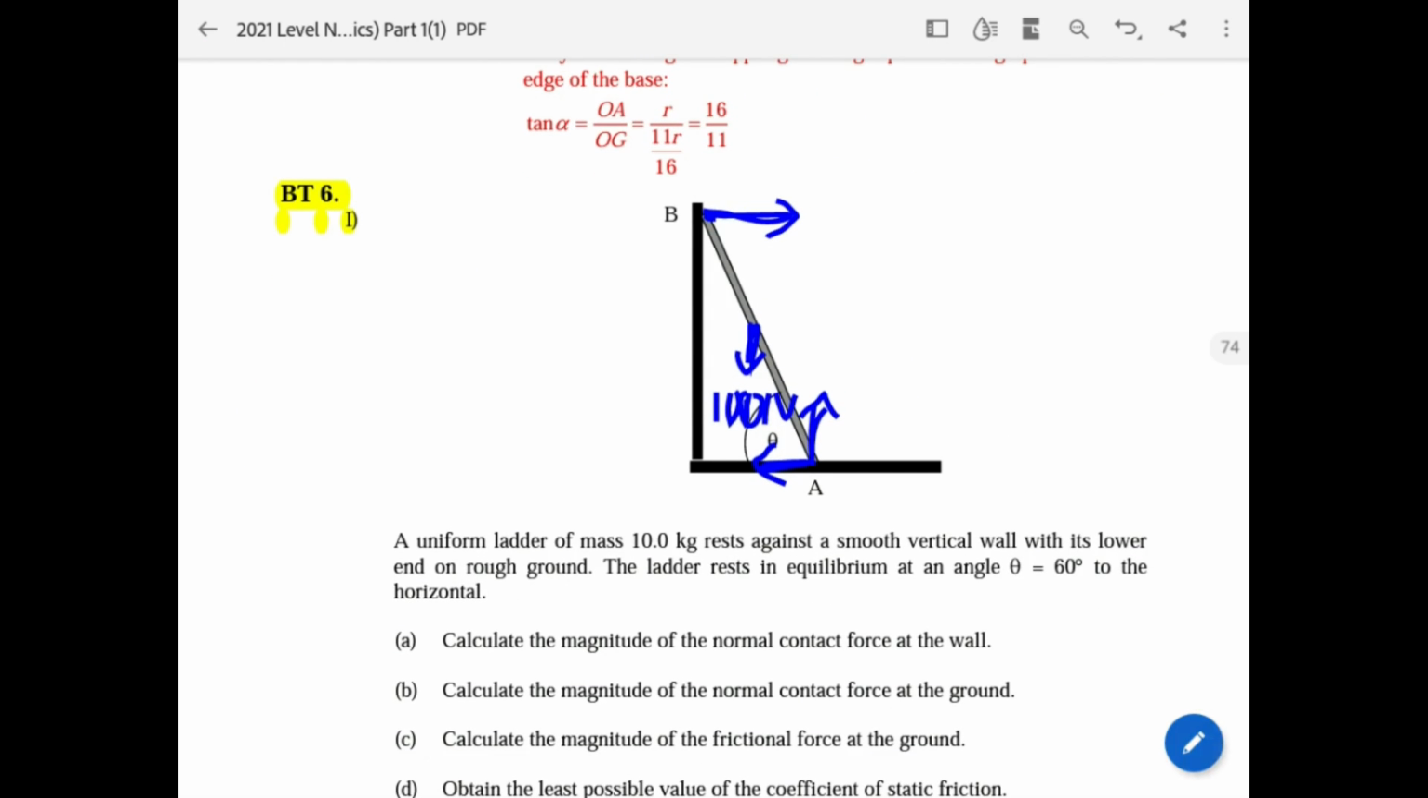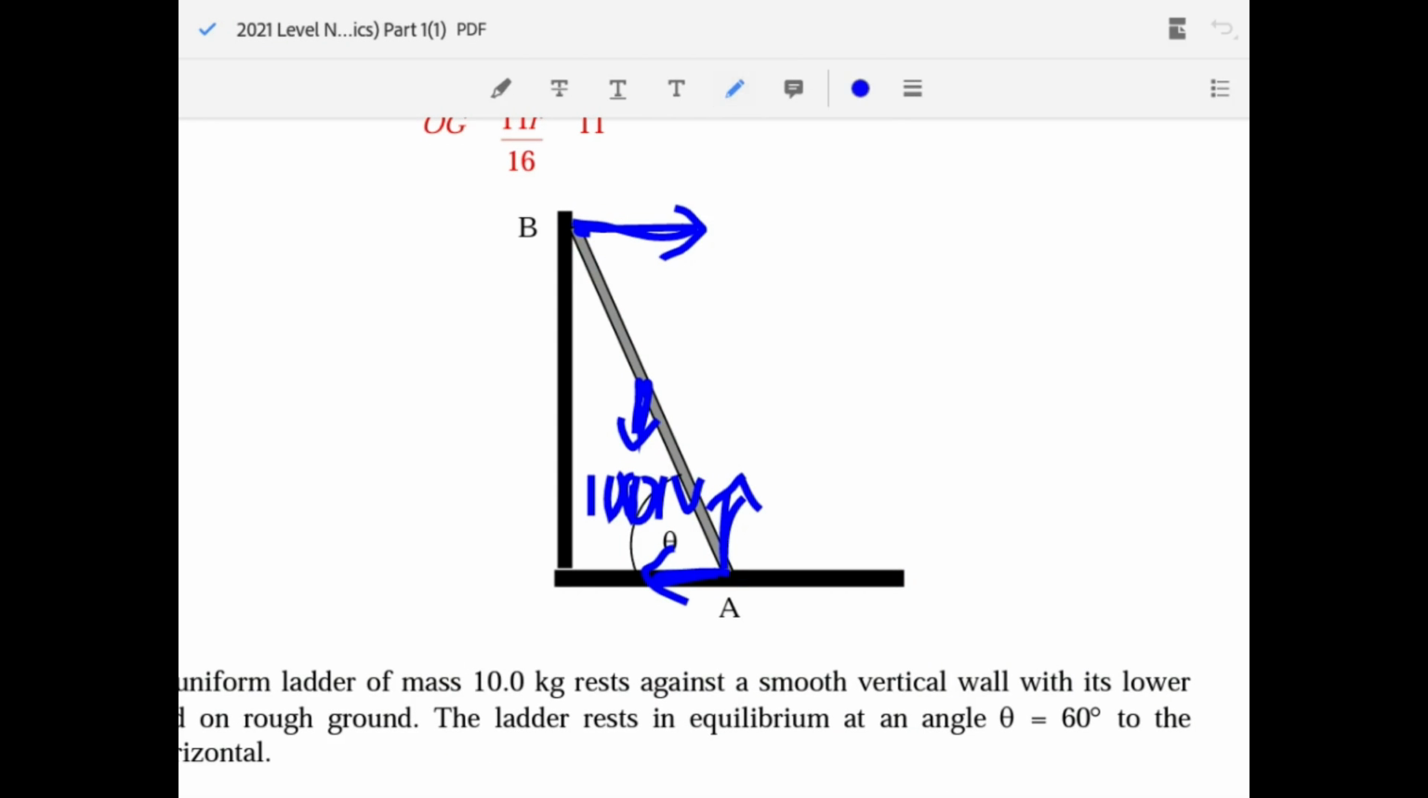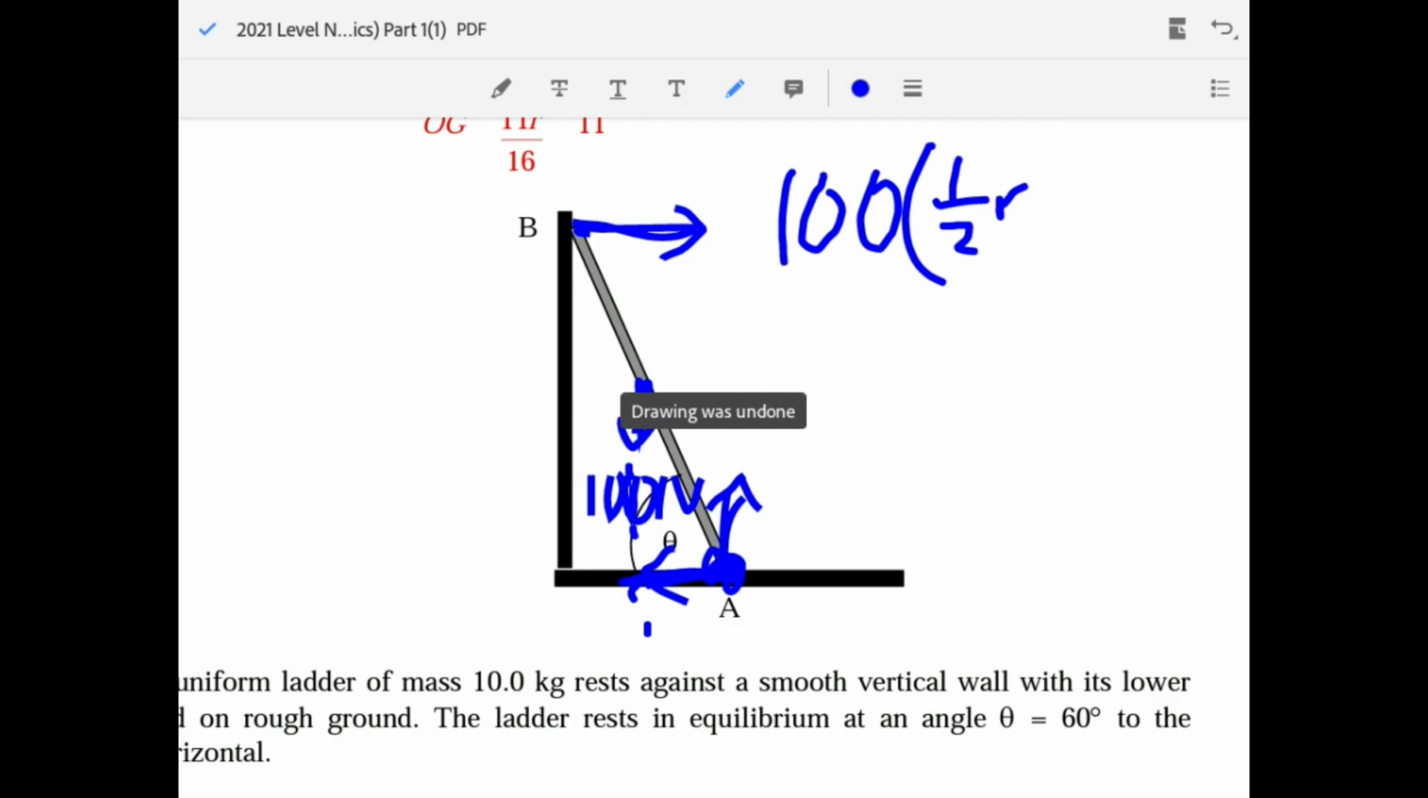Calculate the magnitude of the normal contact at the wall. So what you do is you take this point as your reference. That way you don't have to worry about the two forces. Now the torques are equal because you're at equilibrium. So 100, which is the weight, times this value, which is half of r, because you have this is half of r, and then cosine is because you want the adjacent. Cosine alpha